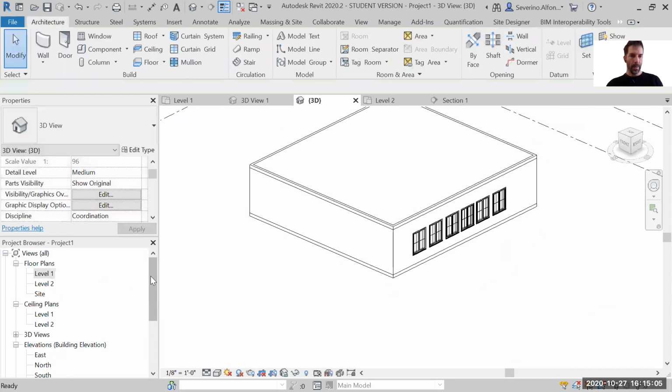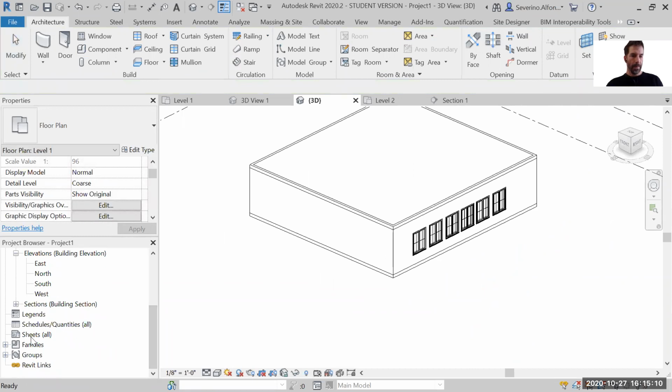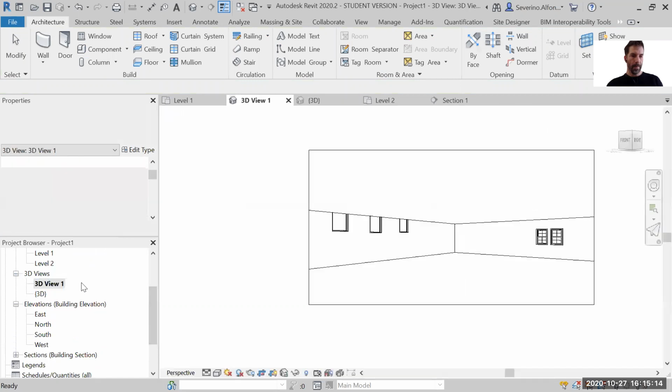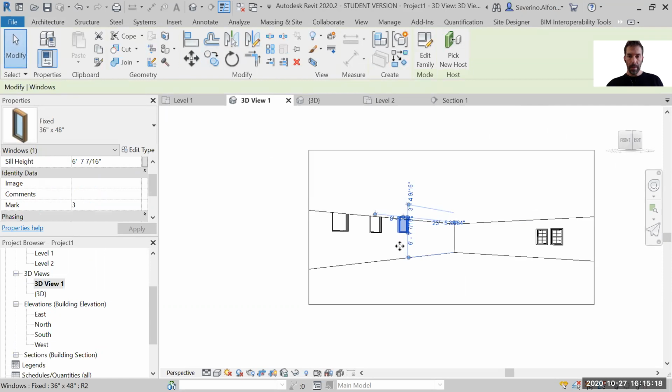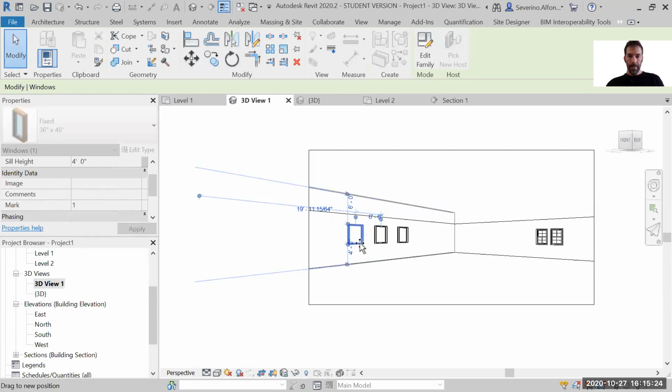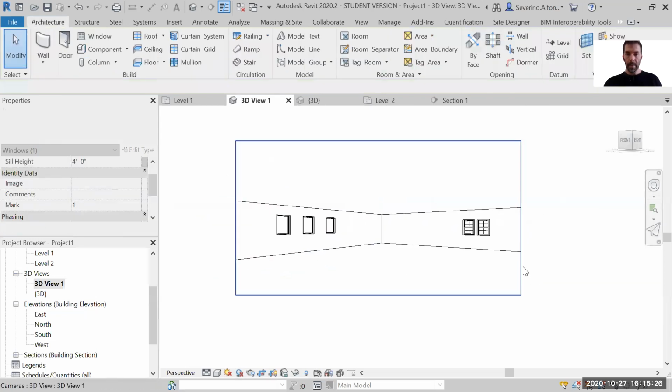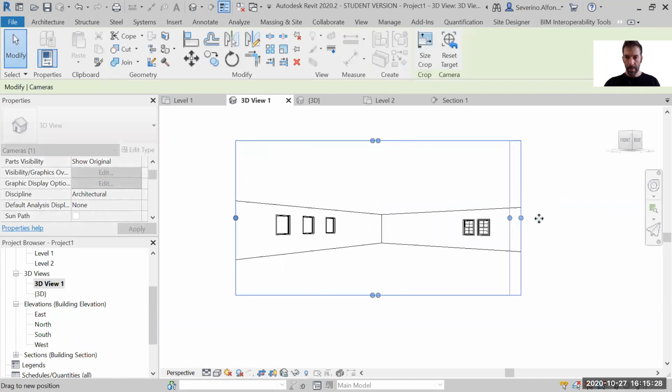Okay, so that's a project. It's a big monster